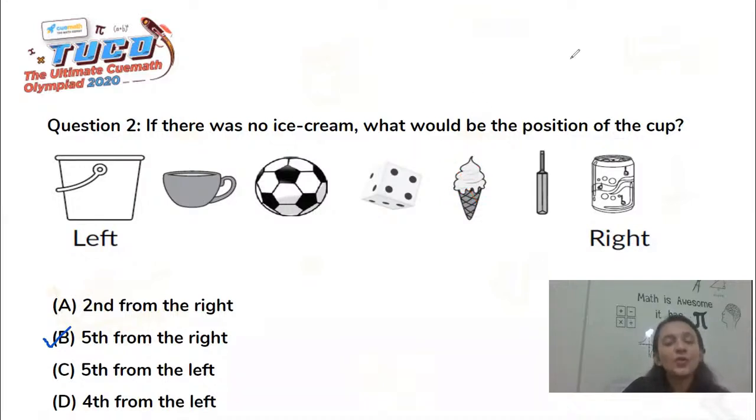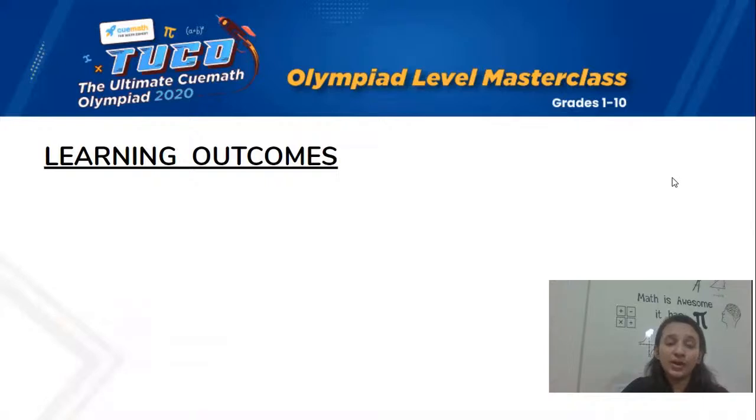So here is how we solve some questions wherein it says if there was no particular object, or a particular set of objects are being removed. You can't really remove it from the question paper, but what you can do is put a cross on that so that while you are counting, you do not count those objects. With this, we move on to the